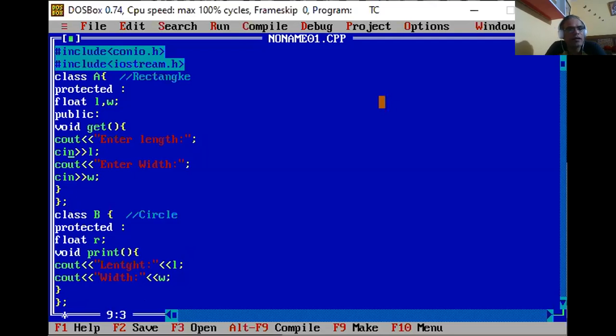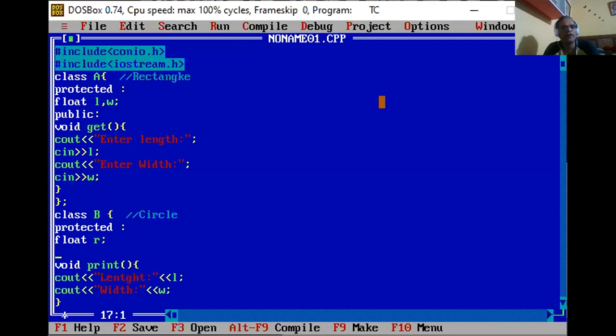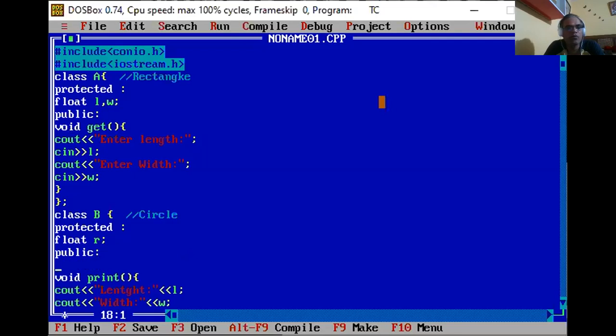So the rectangle class A we have defined completely here. Then class B represents the circle class. In the circle class we declare the protected member R and we define a public method to access the value of R. So now we write here void, and now we can use get one.